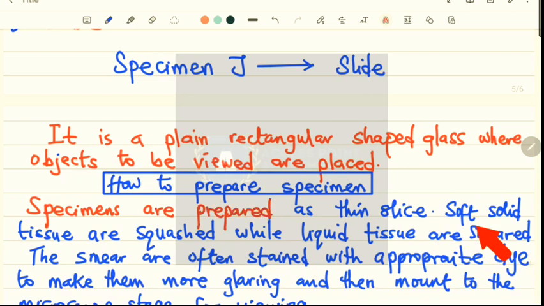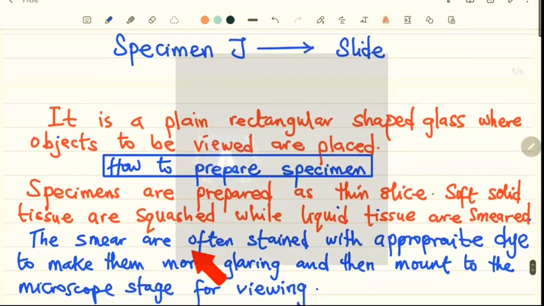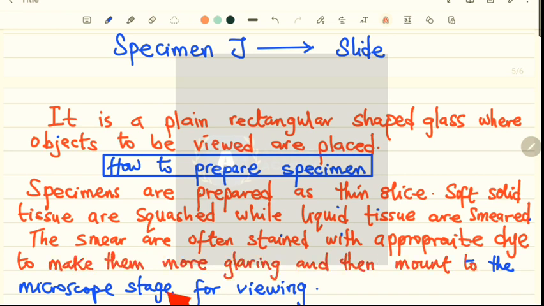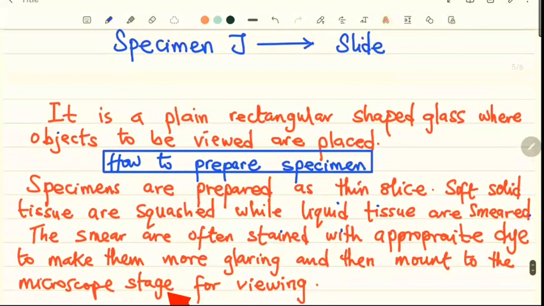How do we prepare specimens? Specimens are prepared as thin slices. Soft solid tissues are squashed, while liquid tissues like blood are smeared. The smears are often stained with appropriate dye to make them more visible, then mounted on the microscope for viewing. Okay, so now the